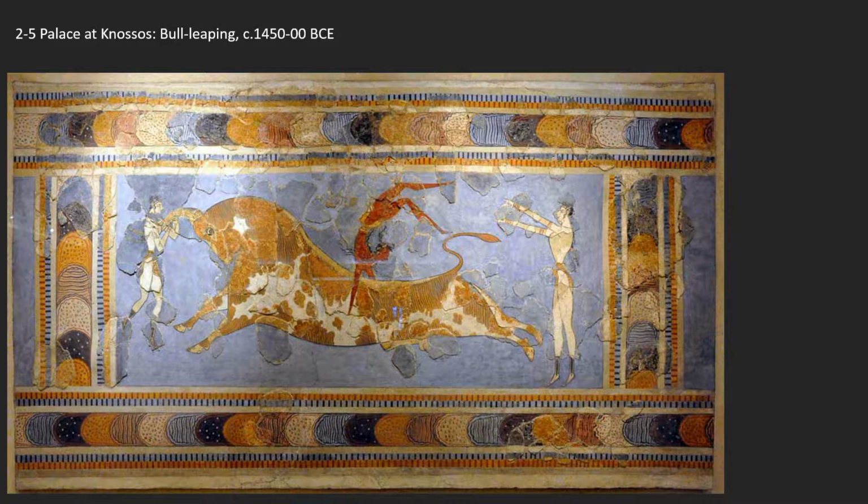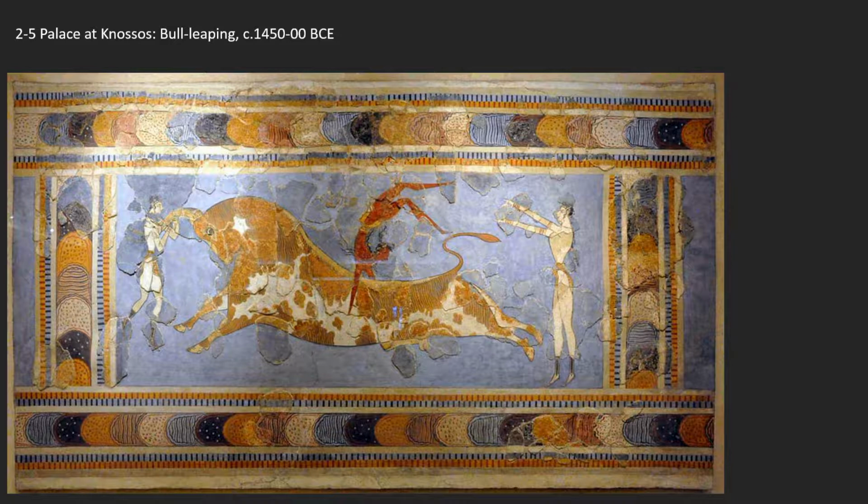Why would artists make the figures different colors? Right, two are white and one is red. Did they run out of red paint? Silly. Gender differences, right. We saw with Egyptian art, when we looked at some of the pairs there,